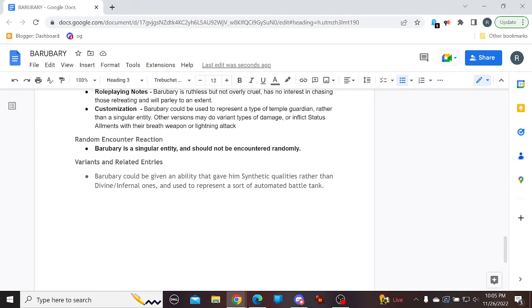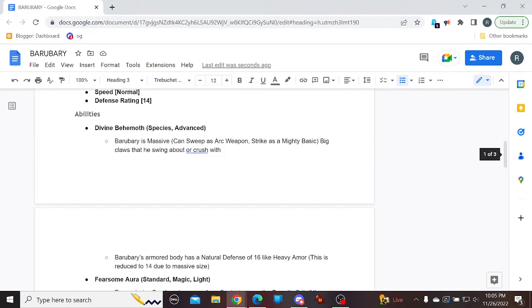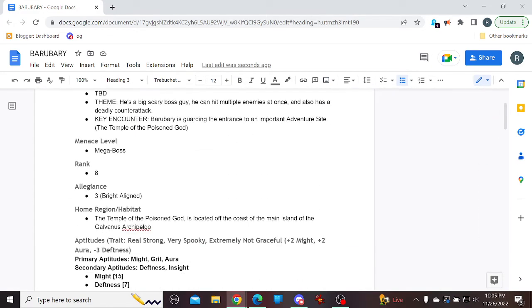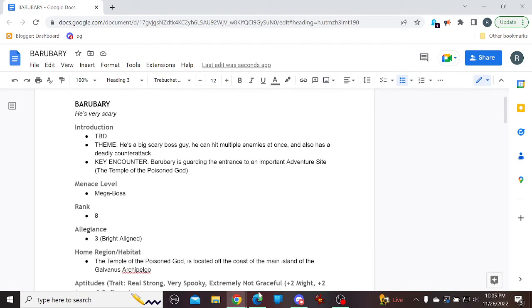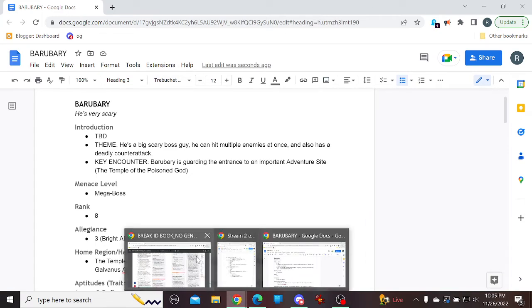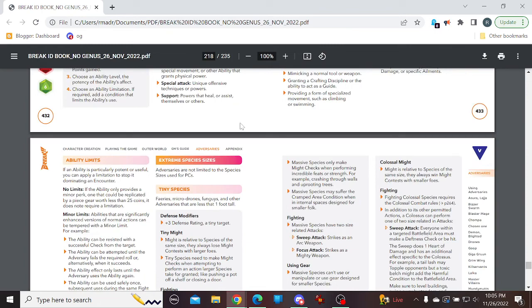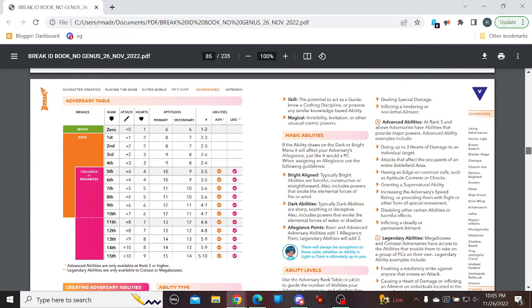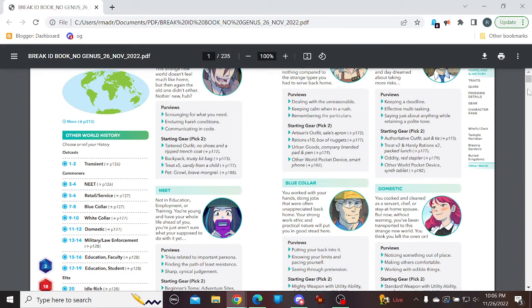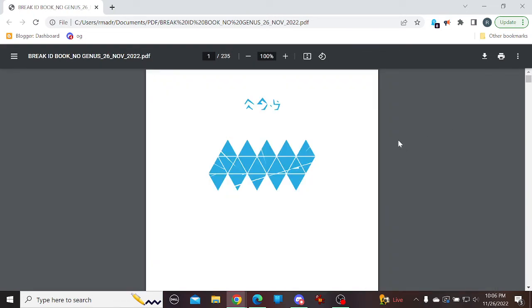So there we go. We have Borrowberry, and I'm actually pretty fond of this one, as well as the Swinehart Cavalier. So who knows? Maybe I will file off the serial number, make a copyright safe version of that particular monster someday and put it in some kind of Break adventure at some point. But anyway,